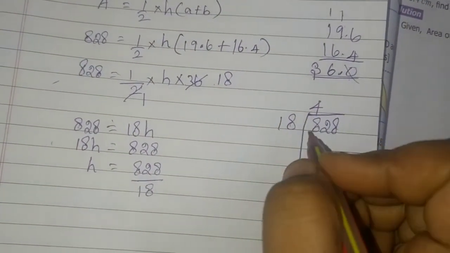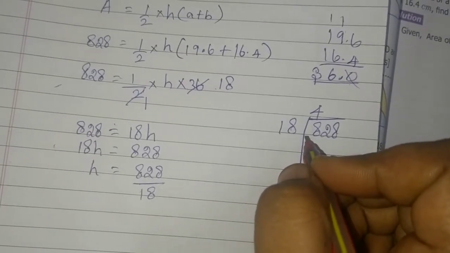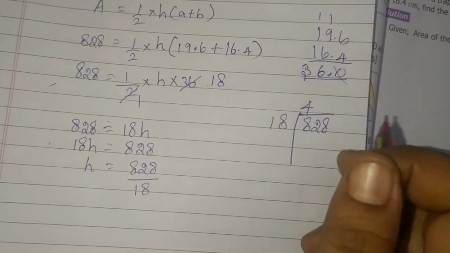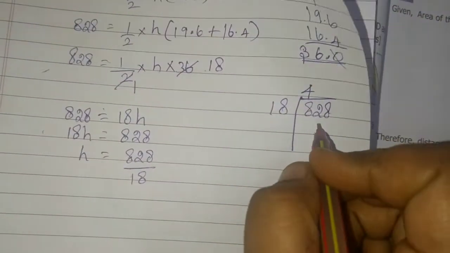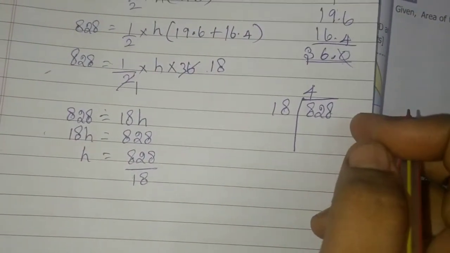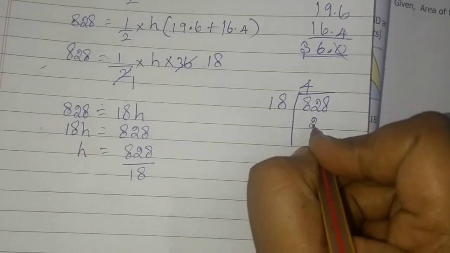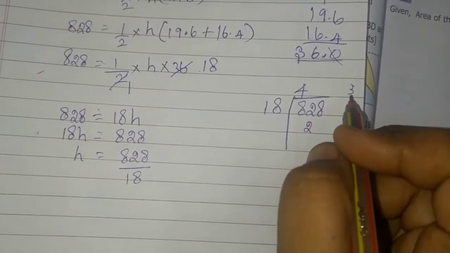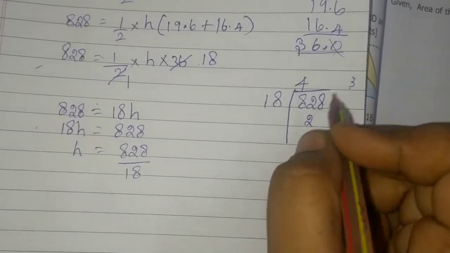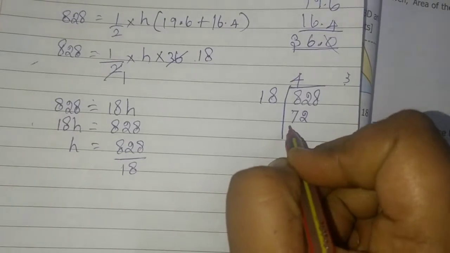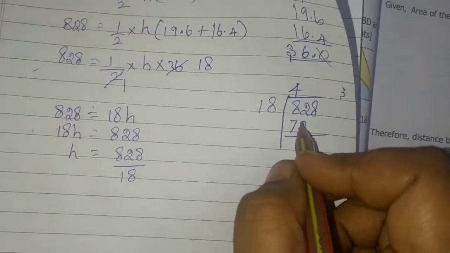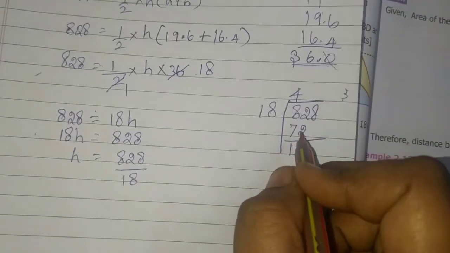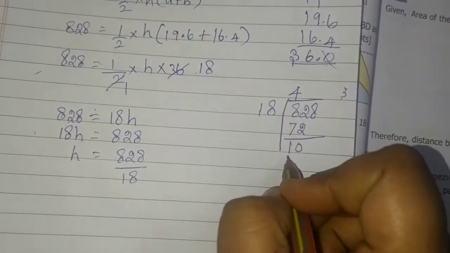4 8s are, 8 4s are, open your mouth and say 8 4s are 32. Very good. So 2 I will write, 3 I will take as a carry. So 4 ones are 4 and then 4 plus 3 is 7, so I will get 72. Okay, 72 means remaining what I will get here? Here 2 minus 2 is 0, 8 minus 7 is 1.